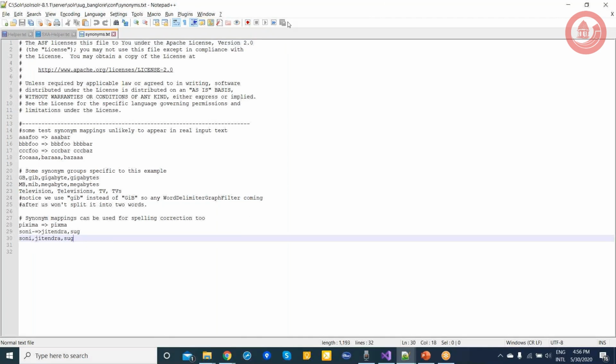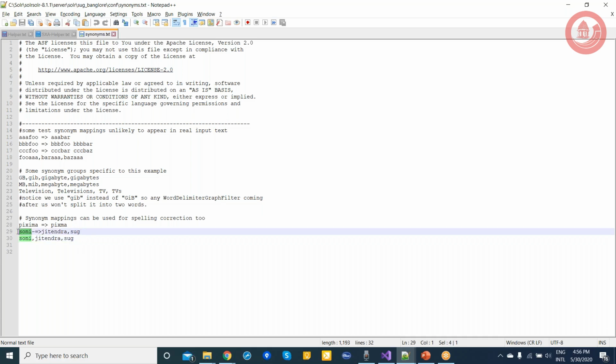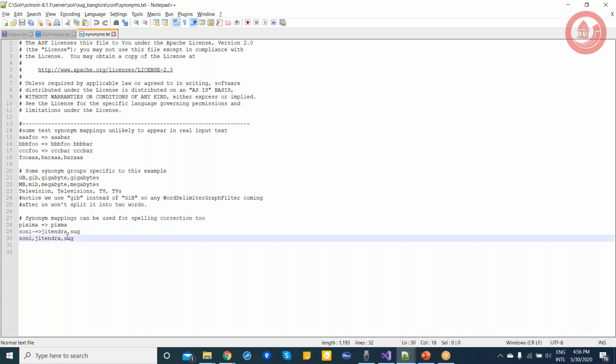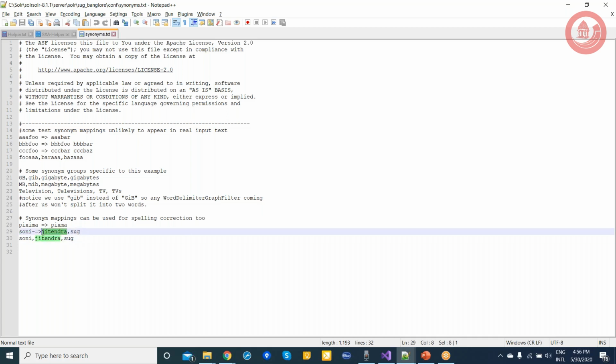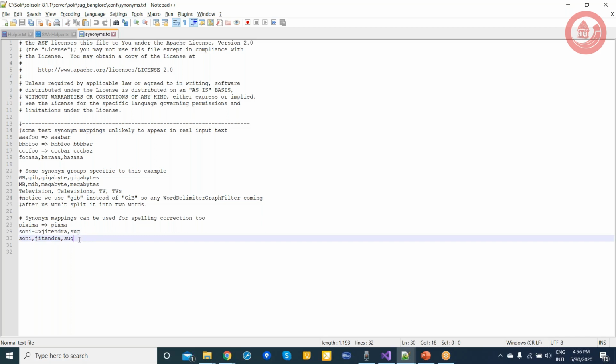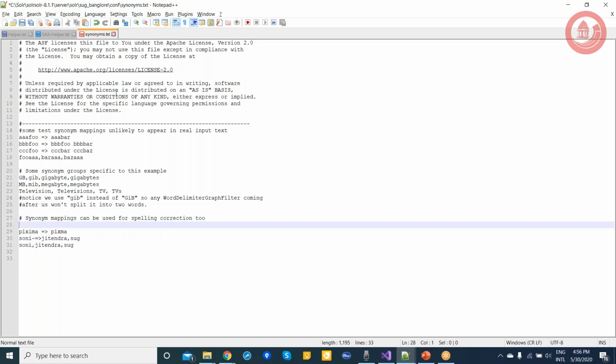No issue. So now this is a synonyms txt file, and if I'm searching for a word called Sony, and there is a record called Jitendra, it should come up, right? So you can define the synonyms in two ways in the synonyms txt file.